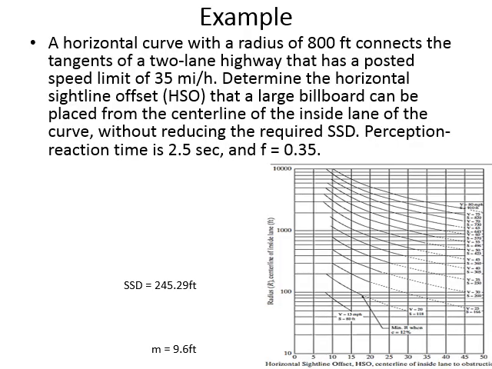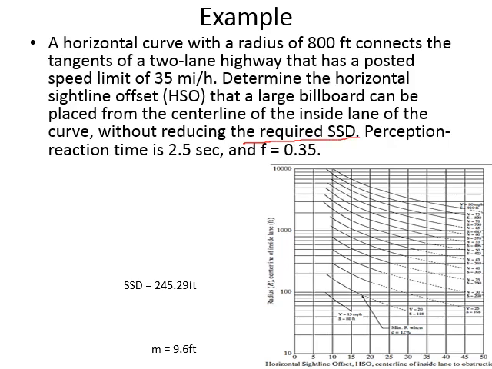We have a horizontal curve, and the radius of the curve is 800 feet, connecting two tangents, with a posted speed limit of 35 miles per hour. We have to find out the horizontal sight line offset, because you want to place a large billboard on the side of the road. So how much should be the distance of this billboard? It's an advertisement board, the big boards which you see for advertisement on the side of the road. They want to find out how much should be the distance between the board and the road itself without